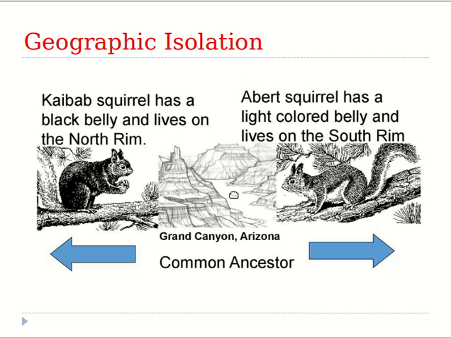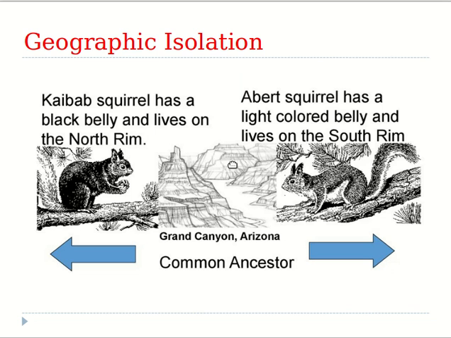It is the Grand Canyon through which the Colorado River flows, and you can see that earlier these squirrel populations had a common ancestor, but as the Grand Canyon increased in depth, the squirrel population got separated into two subpopulations, one on the northern rim and another on the southern rim of the Grand Canyon,